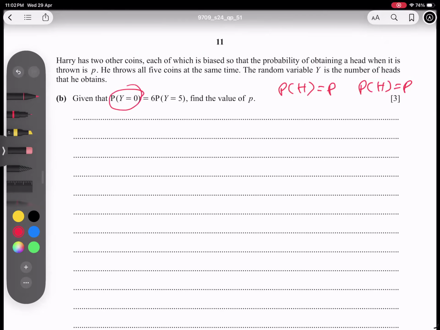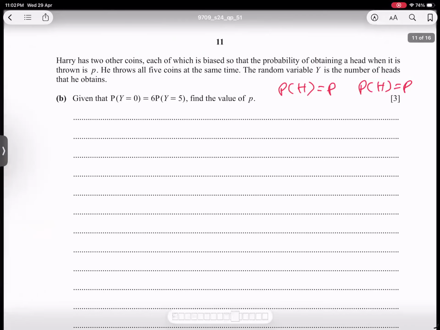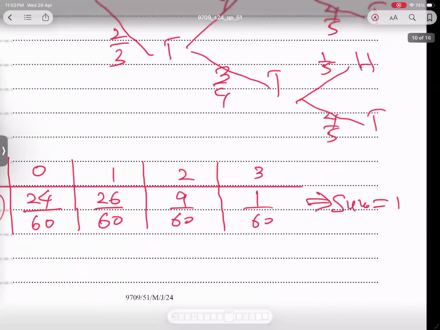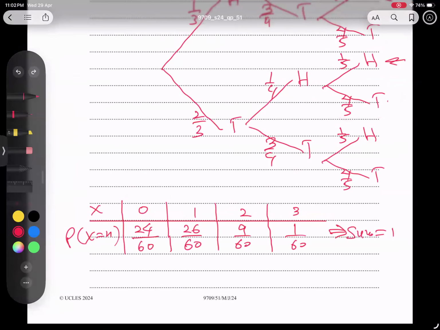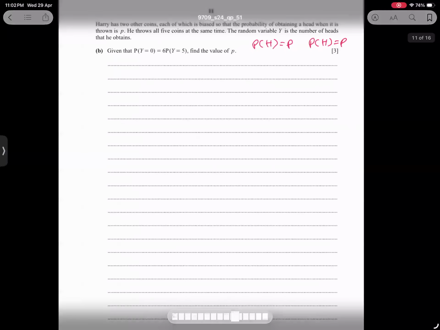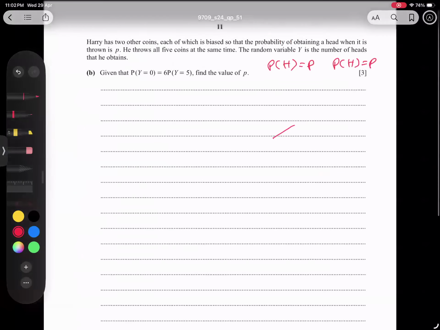So 0 heads. And 0 heads means, students, if I talk about tails, it's very simple. If you check it here: tail, tail, and tail. So that is 3 tails, that means 0 heads. We have already 24 over 60. So this number we have already, 24 over 60. Okay, I talk about no head, no head, no head, and 2 more are there. So I am writing here